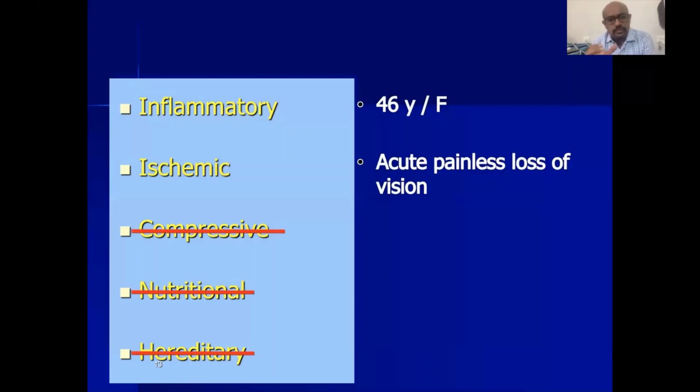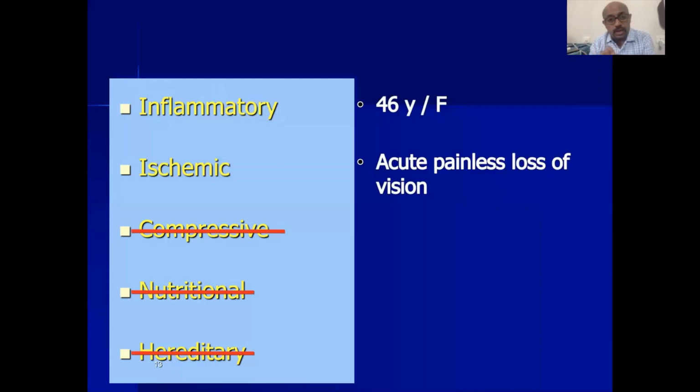Rarely, if a tumor is present and there is a hemorrhage, a bleed in the tumor, then the patient can present with an acute loss of vision. By and large, from a clinical perspective, for a 46-year-old female with an acute loss of vision, you're looking at inflammation or ischemia. The age goes more in favor of ischemia, though please remember